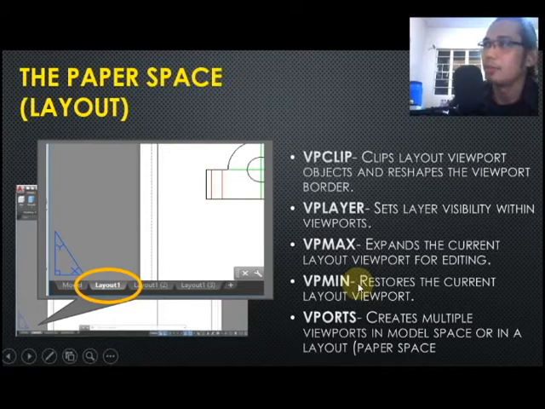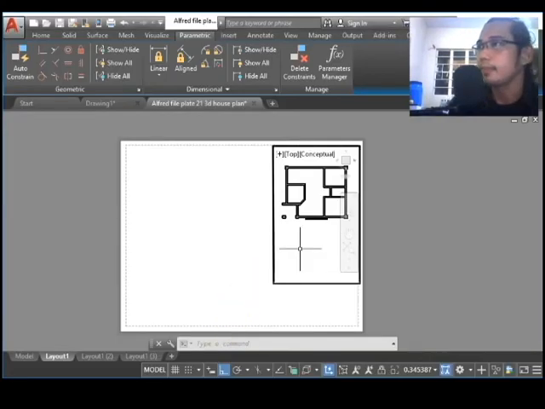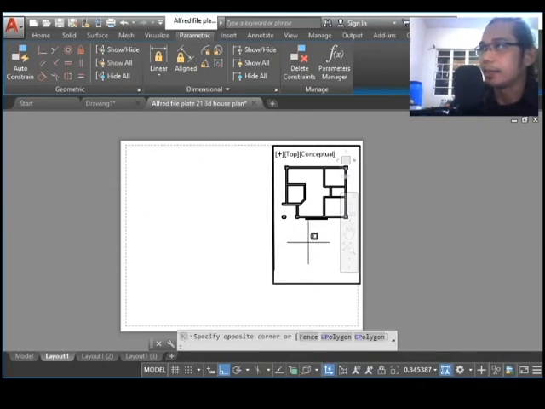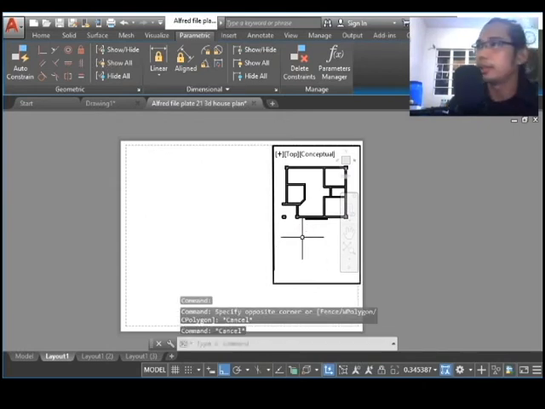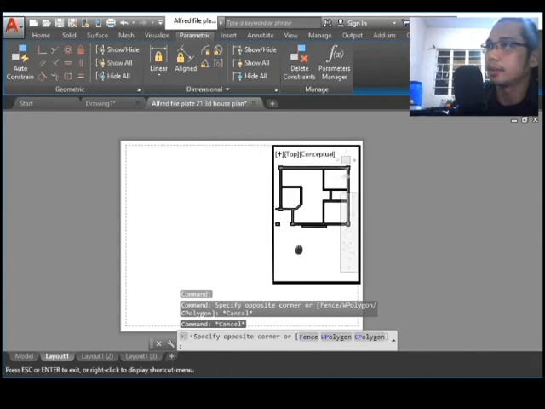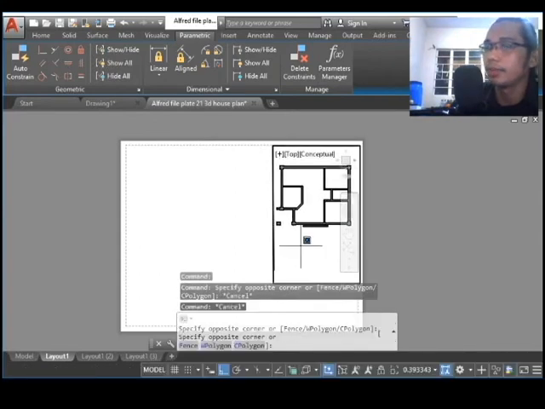VP minimize and VP max. So, let's try that in AutoCAD. For example, we will edit this. Kasi pwede naman natin siya i-edit, no, by double-clicking it. Nasa na tayo. Pero kung gusto natin i-maximize siya or in a widescreen,